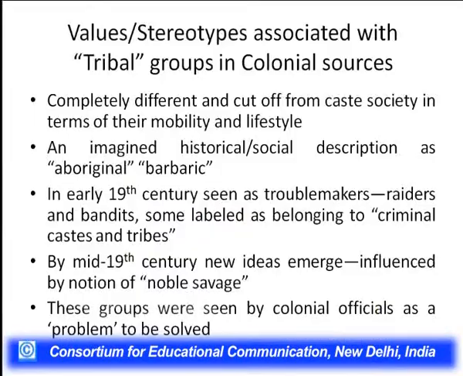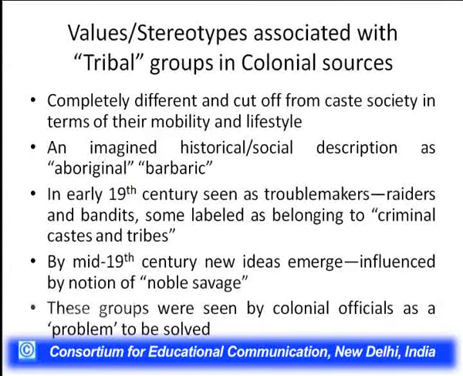So, the kind of dress, the kind of lifestyle, the kind of food that they used to consume, all this facilitated a particular kind of understanding for the colonial state. Then also an imagined historical or social description as an aboriginal or a barbaric. Now, these two terms were repeatedly used in colonial